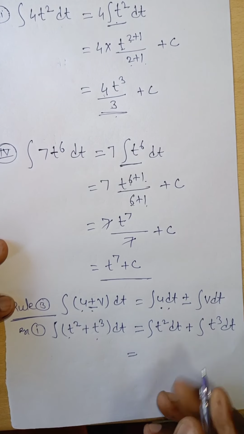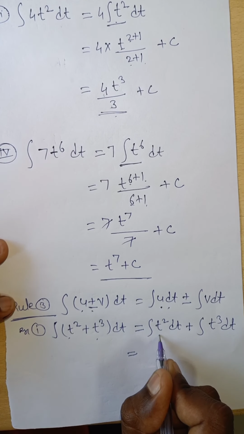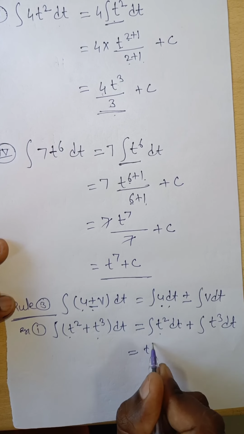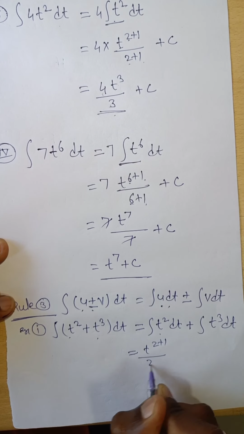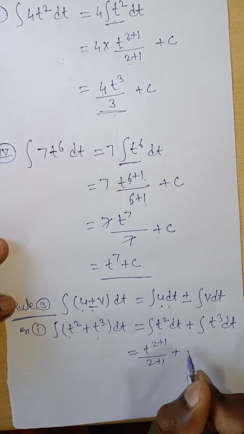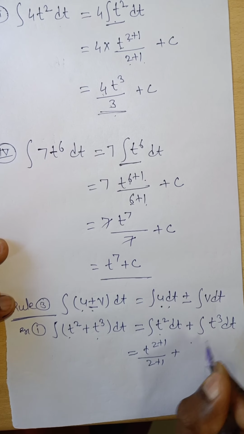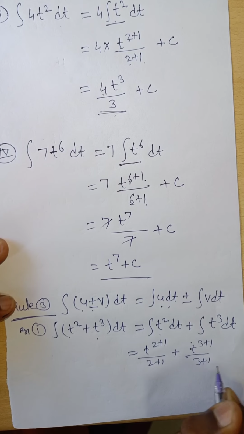Then integration of t square is t to the power of 2 plus 1 divided by 2 plus 1, plus integration of t cube is t to the power of 3 plus 1 divided by 3 plus 1